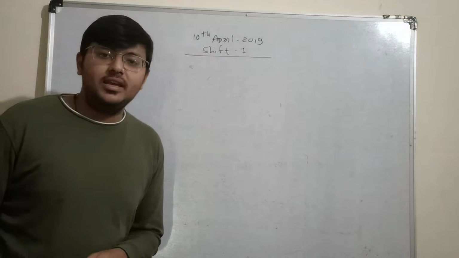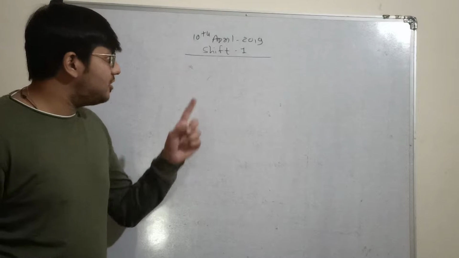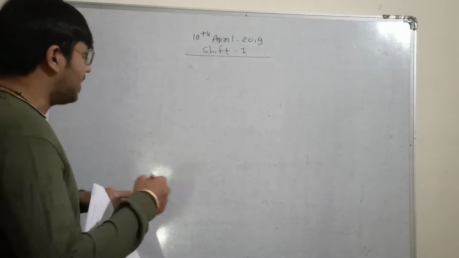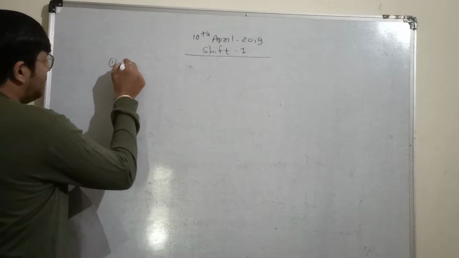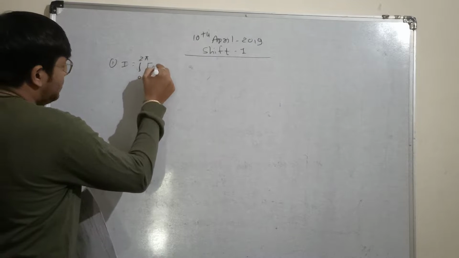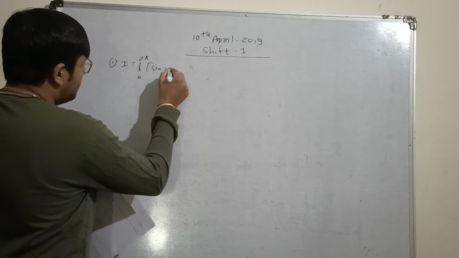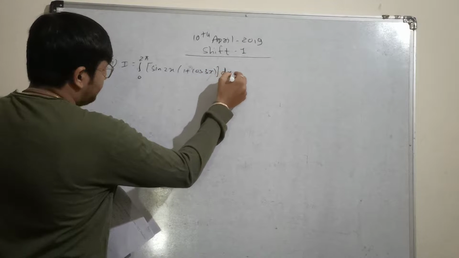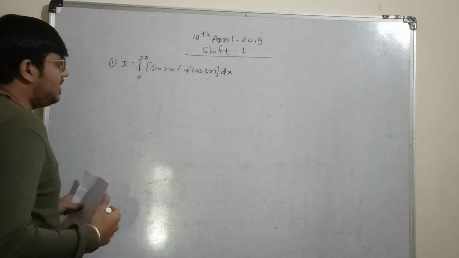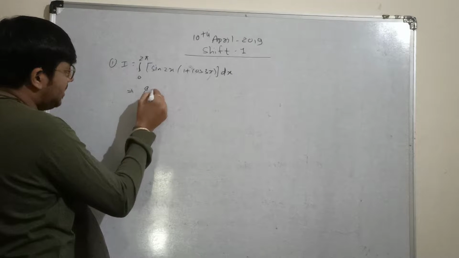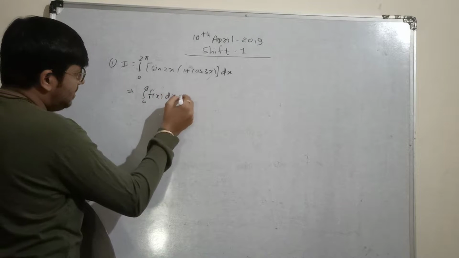आज हम डिस्कस करेंगे JEE मेंस 10th अप्रैल 2019 शिफ्ट 1 के पेपर का सॉल्यूशन। तो उसमें फर्स्ट क्वेश्चन है, हमारे पास इंटीग्रेशन दिया हुआ है 0 से 2 पाई के बीच में sin 2x इंटू 1 प्लस कॉस 3x dx।